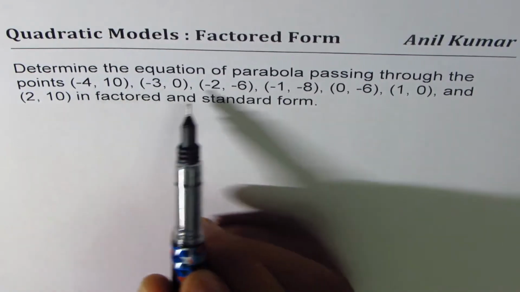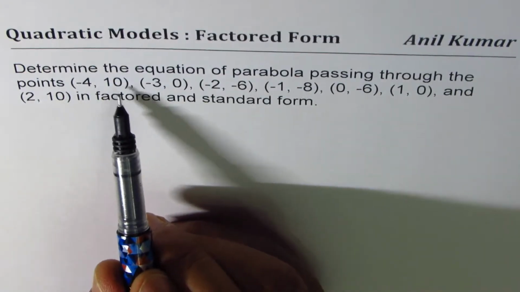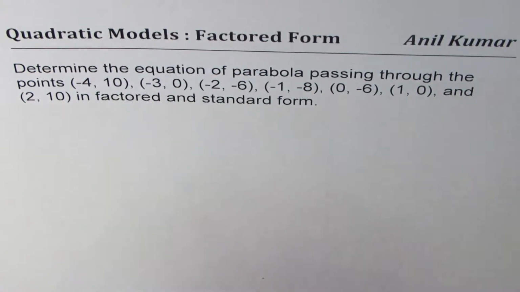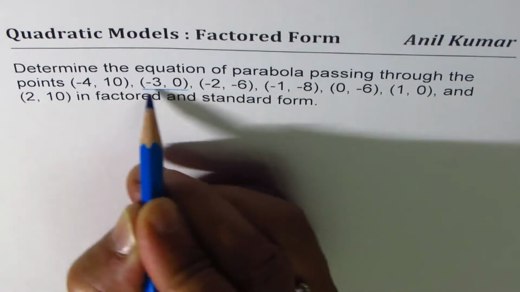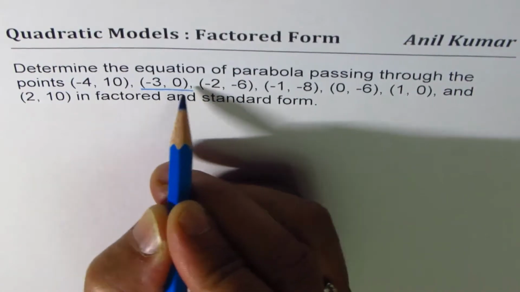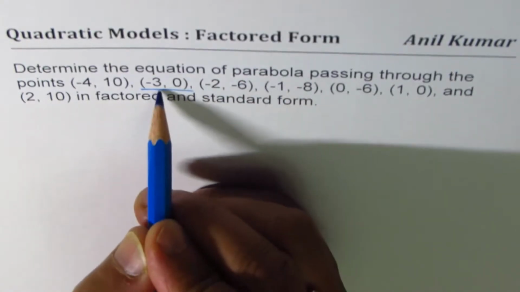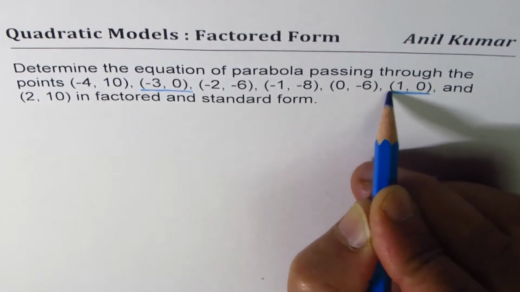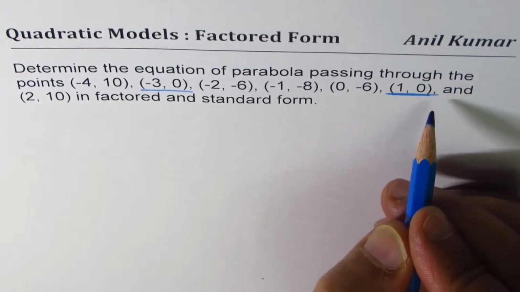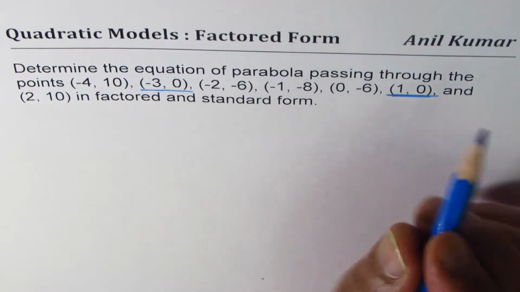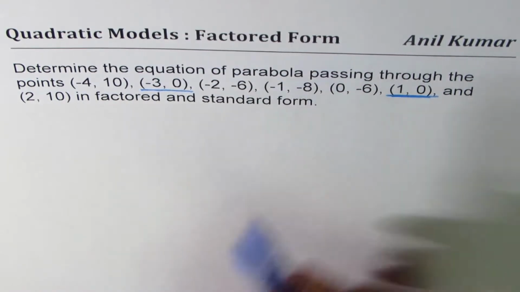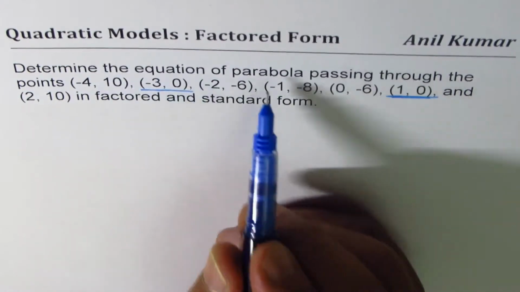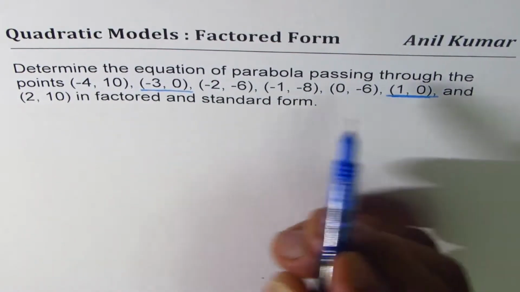Now when we analyze this data, (-4, 10), (-3, 0). So (-3, 0) really represents a zero, right? So at -3 on this parabola, we have an x-intercept. Now the other zero is at (1, 0), right? So these two are very critical points for us, and they can give us the equation in factored form. Since it is already given that the parabola is passing through,